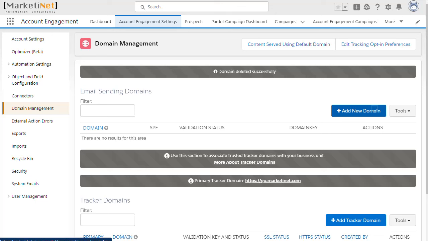When you want to send emails from Pardot, they have to be verified, and this lets the receiving mail server know that it's a reliable source. If you don't configure this, the emails will end up in the spam folder, or be rejected outright by the incoming mail server. Therefore, we're going to configure this from the account settings and then go to the domain management